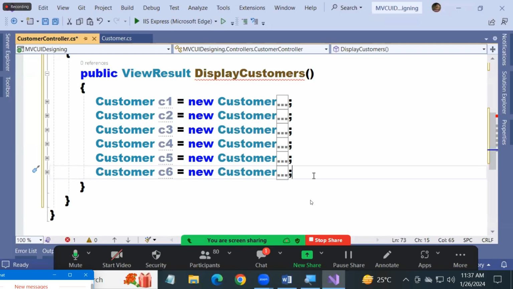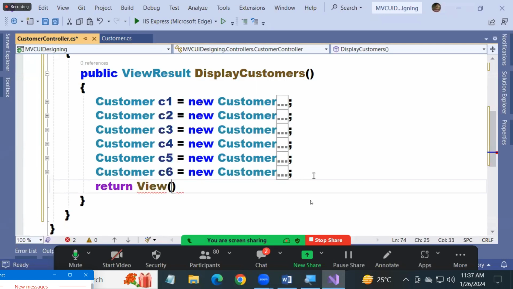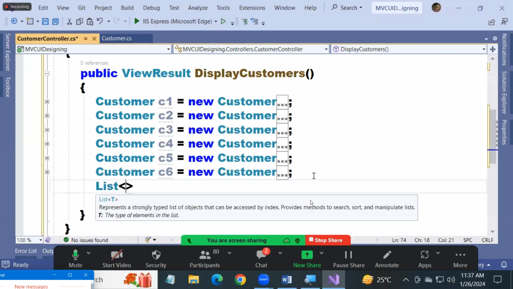What I taught you earlier, I taught you how to pass a model object to the view. How did we pass? Simply we said return view and we pass the model object now. See, one? Yes or not? But guys, now I want to pass 6 objects now, not 1. How many? 6 objects. So how can we pass all the 6 at a time now? If you want to pass it, take a list now. List of